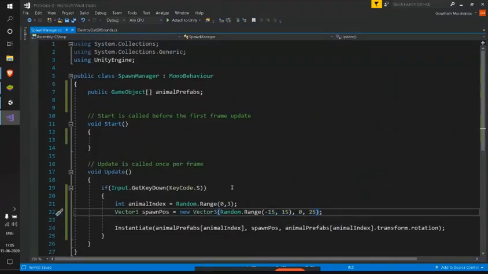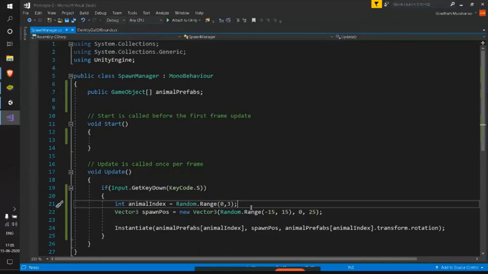I just forgot to mention one point here. Instead of this Random.Range of 0, 3, we know our array size is 3 and we have given Random.Range of 0 comma 3 to generate 0, 1 or 2 values so that we can use them as array index. But what if we don't know what the size of our array could be? In that case, we'll be using array.Length.